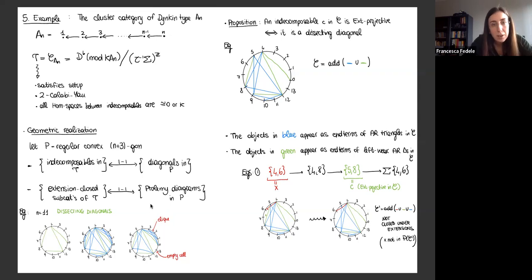In other words, a way to describe Ptolemy diagrams, we can look at the example. You choose a set of non-crossing diagonals, like the green ones in the picture, and these diagonals are allowed to have one endpoint in common, but they're not allowed to cross inside the polygon. So you choose a set of such diagonals, and then this divides your bigger polygon into smaller cells. So for example, here, if you look at the leftmost picture, it divides our bigger polygon into 5 smaller